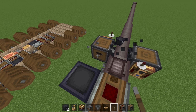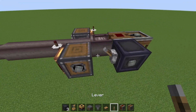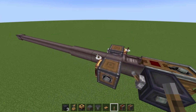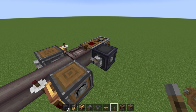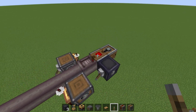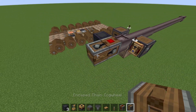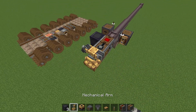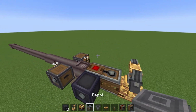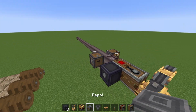We're going to get rid of this. Oh, that broke that. And we're going to place it here, which is still going to power this cannon mount here, which will assemble the cannon again, but it's also going to hard power the energy transmitter, which in turn will power our adjustable chain gear shift. This is going into an encased chain cogwheel, which is going to power our mechanical arm. This mechanical arm is going to do all of the heavy lifting for us